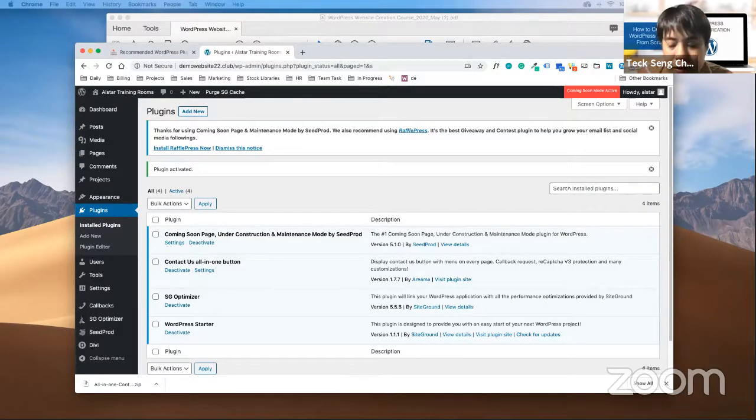Sorry, Li Fong, are you logged in? How to exit from Zoom to... What do you mean by exit from Zoom? You can just open a browser and log in. Okay, Li Fong, maybe you log in first, I come back to you in a while. I get them through the rest first. Okay.